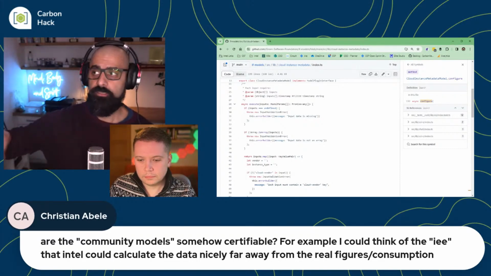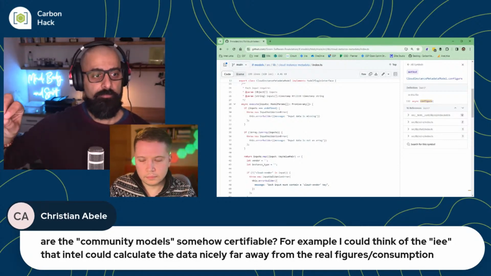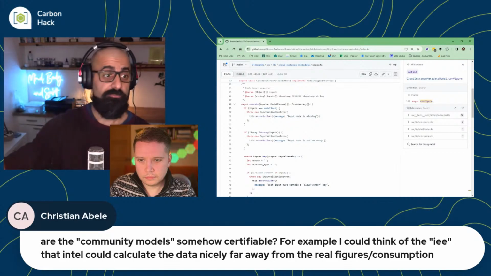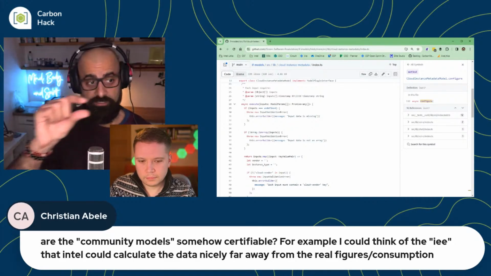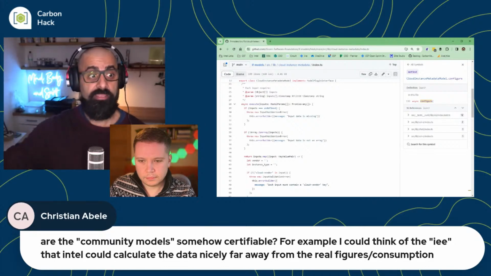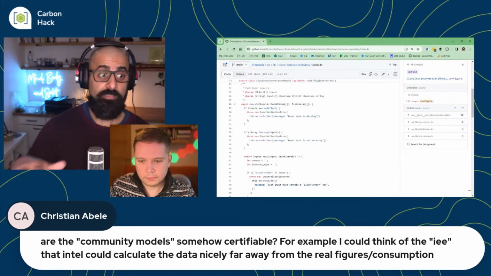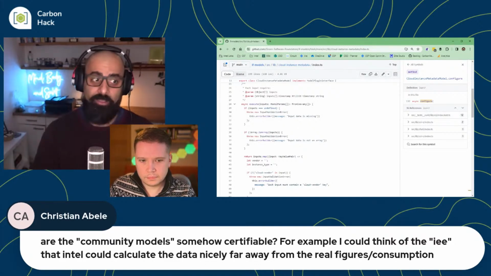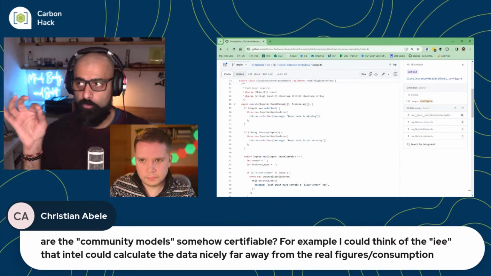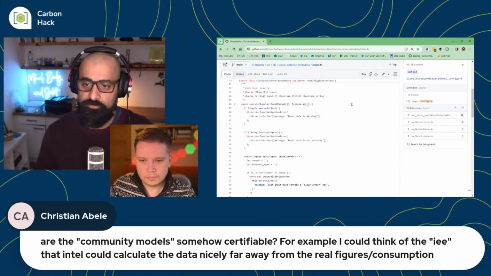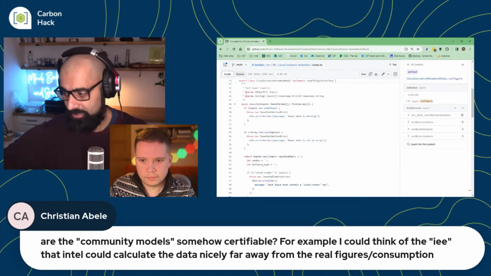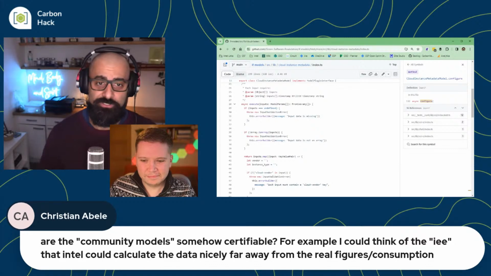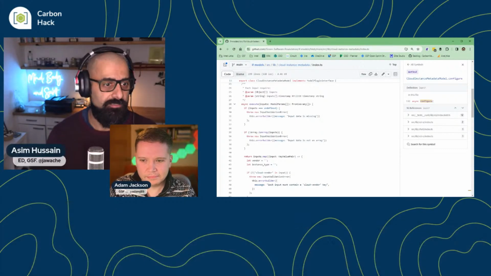So if you're an organization and you want to help people understand how to measure your software, but you can't release the data fully without an NDA, you can use Impact Framework, because you just give your customer access to your model plugin. They sign an NDA, then they can use it. FYI, IEE from Intel is going to be open source, so we're working with them to open source that solution. But right now, it's proprietary. So that's one of the aspects of it. It's very exciting. IEE was one of my projects at Intel, and I'm very excited about that solution. The open sourcing of it is going to be very useful to the whole world.